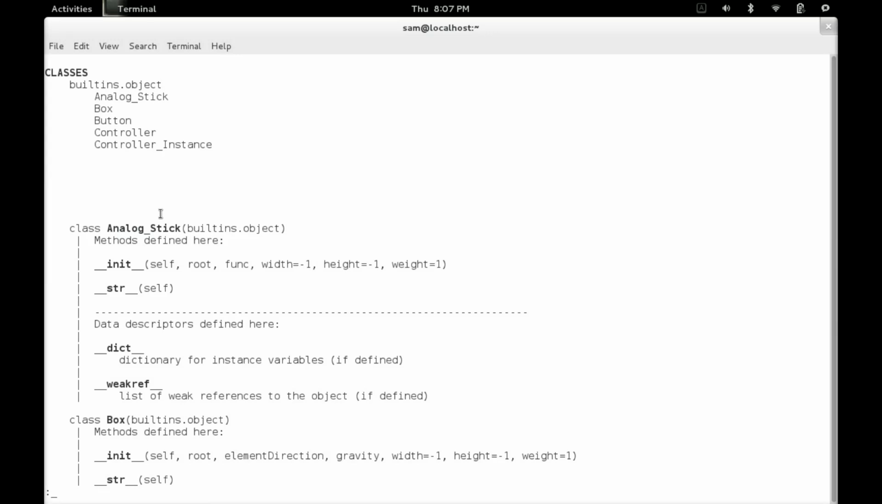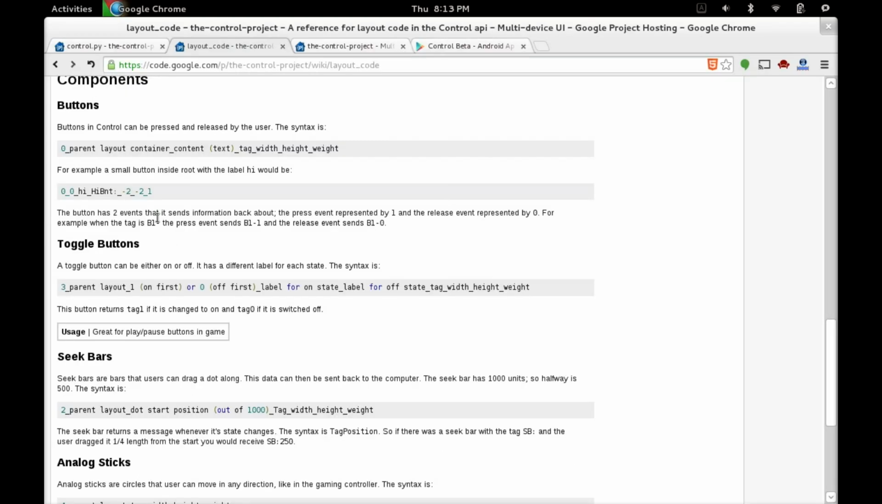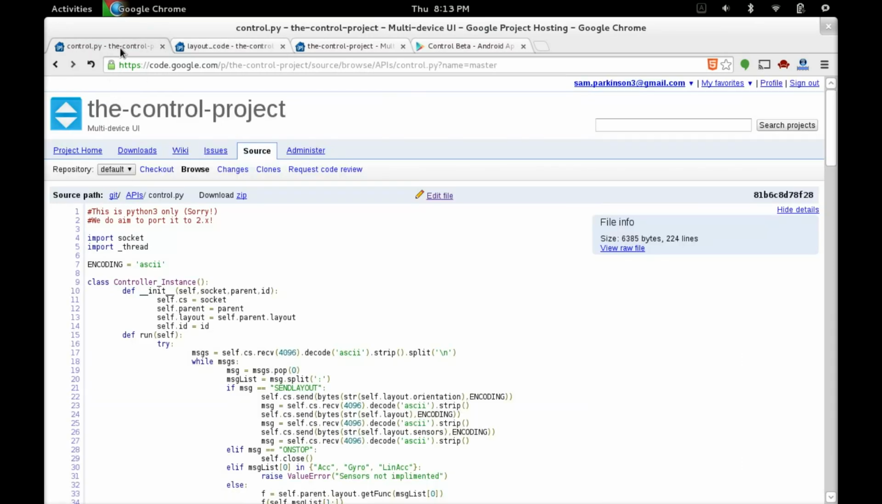SAMdroid here, and you're watching a tutorial on how to make a simple reaction test game with the brand new object-oriented Control Python API. As you may have guessed from the introduction, this is a tutorial using our new API, which is a whole lot simpler than the cryptic layout codes used in the old socket-based API, which still works, but the new Python API, control.py, makes it so much easier to